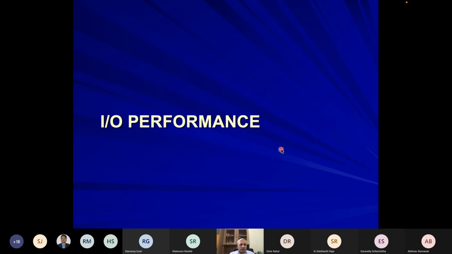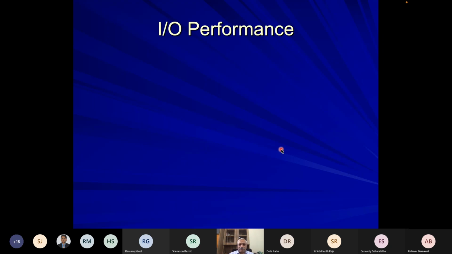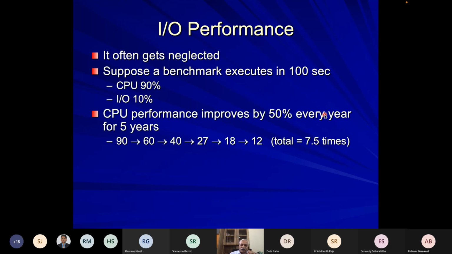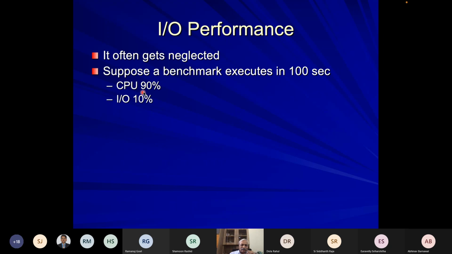Now let me take an example which will show the IO operation, and how performance limits of individual subsystems will affect the overall performance. If you keep focusing on the processor only, IO performance may often get neglected. So it's important to look at IO performance also. For example, if a benchmark has a certain IO activity and a certain computational activity,